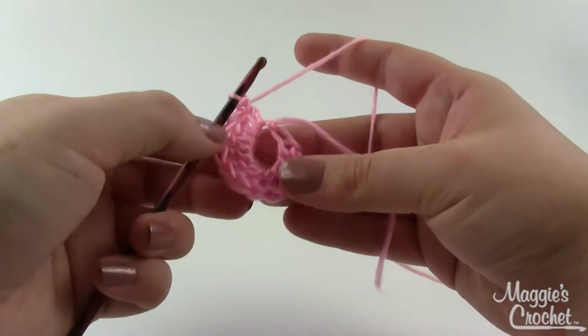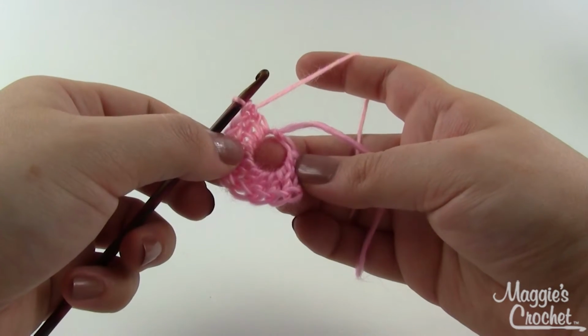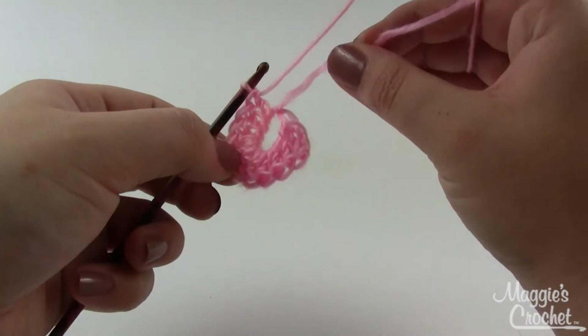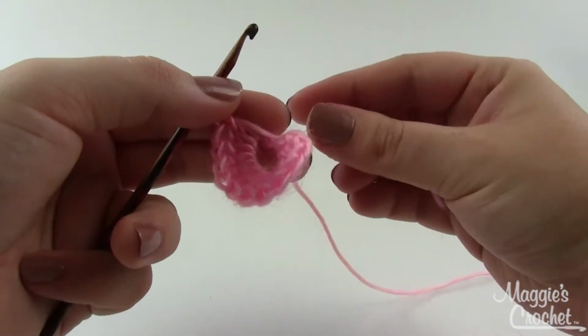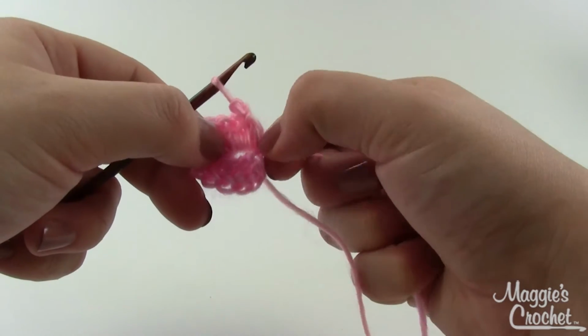So I finished doing my double crochets. Now you may be like me, as you work into that first chain, sometimes it has a tendency to stretch out. It's not a problem at all. That's why we make a slip knot. Just grab the end of your starting tail and pull it gently, and it'll just close that right back up,